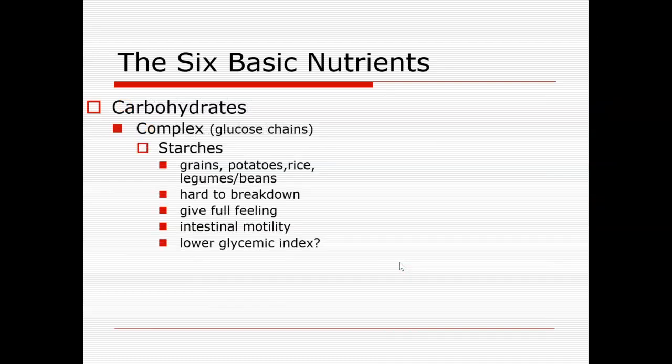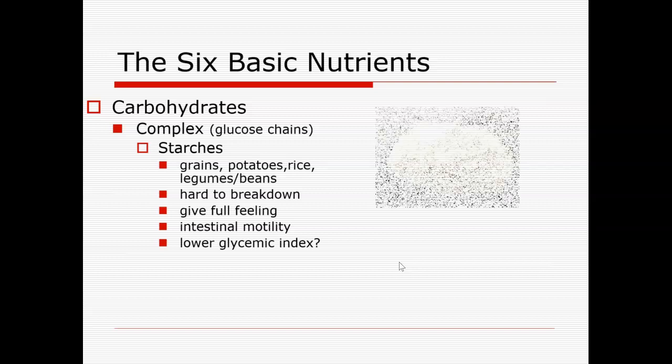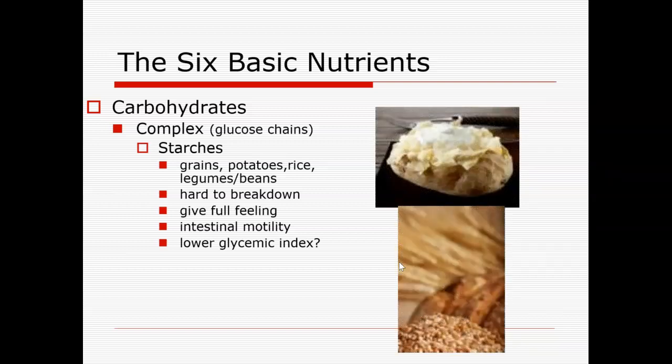I do want to talk about as we get past that polysaccharide level, we're getting into complex chains. We start to get into this starch category, especially when we talk about vegetables. We really talk about this portion of undigestible carbohydrate, where you get into the starch and fiber areas, and you just get really complex, lots of glucose molecules packed in together, and you can see some of the stuff here.